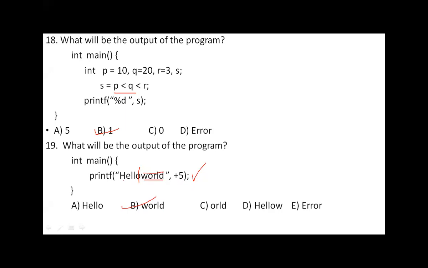Please remember, it does not print only the first 5 characters. That is not the way the compiler interprets this statement. It is interpreted as leave the first 5 characters and print from the next character onwards. That is the meaning of this one. That's why you can see world printed on the screen. So B is the correct option.